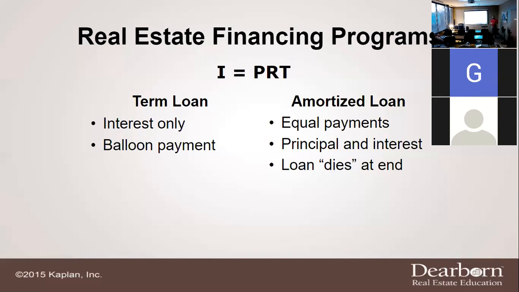Okay? I have a question. Yes, ma'am. Are you able to go from a term to an amortized loan? Yes, ma'am, you can. And you can go back and forth. You can jump between them. It happens a lot. Now, I will tell you, the only drawback to it, Miss Leila, is that if you jump back and forth, you have to pay loan origination fees. So every time you redo a contract, you're having to pay more money, if you see what I'm saying.